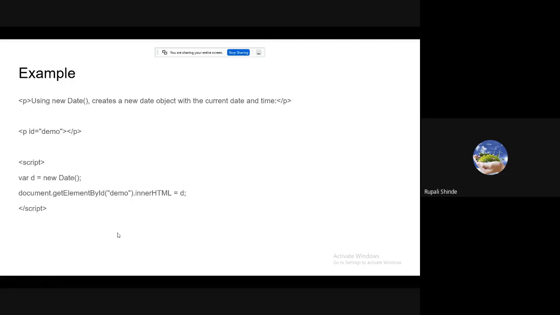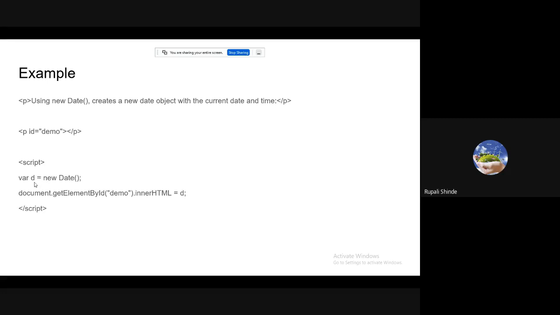So here we have a date object. How is it going to be created? Where d is equal to new date. Again, there are various ways to create the object. Here we create the object d, whose constructor is date. In this case, date is the constructor, and by using that we create the object.